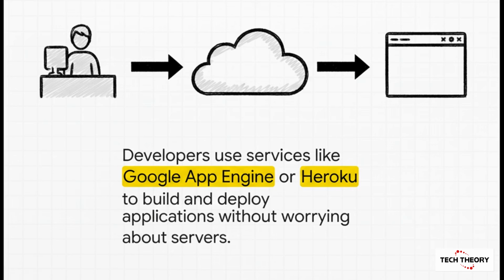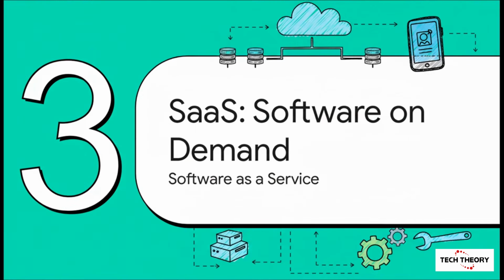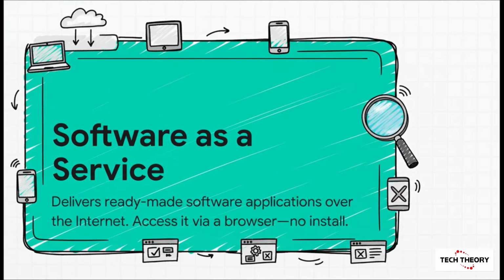And that brings us to the very top of the ladder, the one we all use every day, SaaS, or Software as a Service. If IaaS was the land and PaaS was the workshop, SaaS is the finished, fully furnished house. You just turn the key and move in. Seriously, this is the cloud model you're interacting with constantly. It's software delivered right over the internet. There's nothing to install. You just open your web browser, log in, and it's ready to go. The provider manages literally everything behind the scenes.